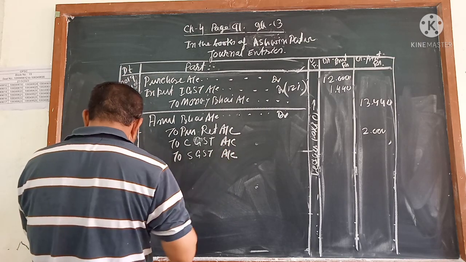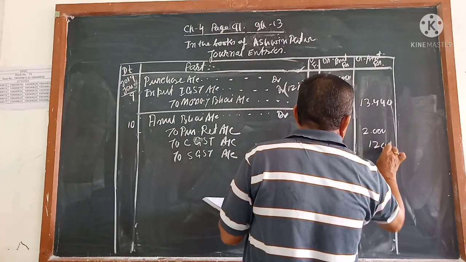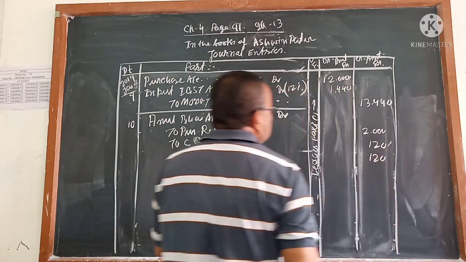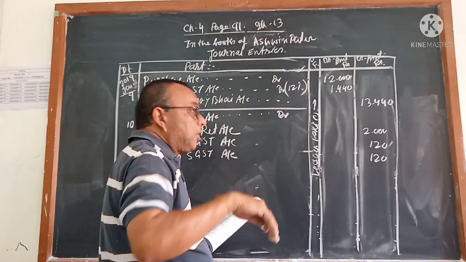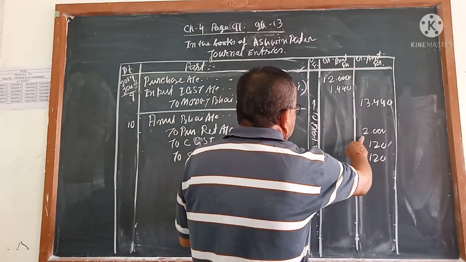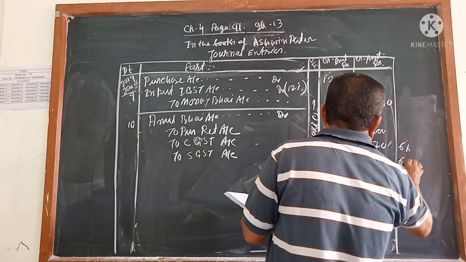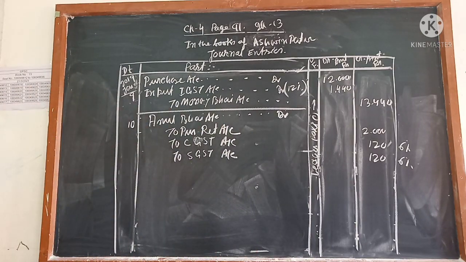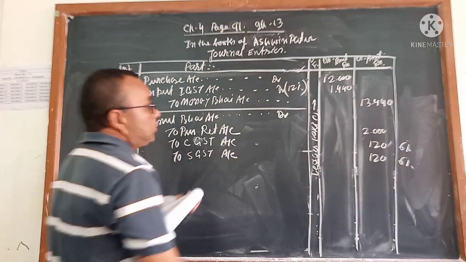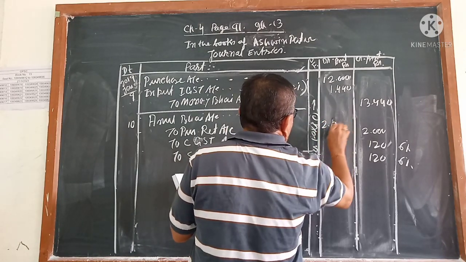This is account, and 120, how it is coming, that I want to tell you. That is how much goods you are getting. You sold the goods to Amul bhai. Now you are getting back goods from Amul bhai of rupees 2,000. 2,000 for 6%. This is 6%, and this is also 6%. So here the balance amount for Amul bhai will come 2,240.